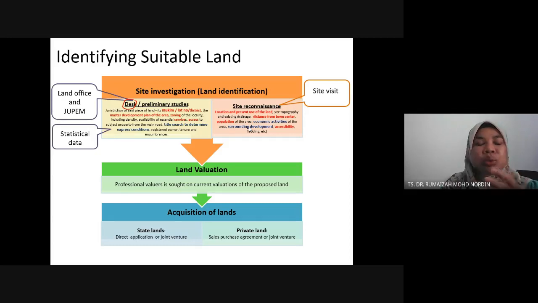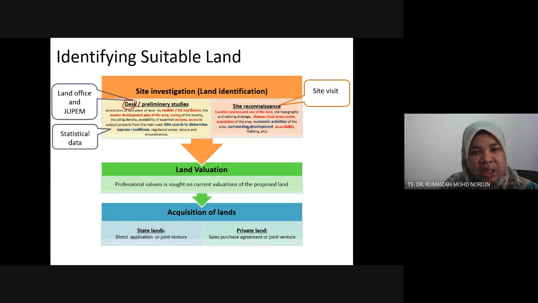That's why, despite having gotten the information from your carian rasmi, your statistical data, your desk study, going to the site is quite important as well. However, in our situation, you go to the site virtually. Alright, and when you have this and you feel that you really want to purchase this land, so